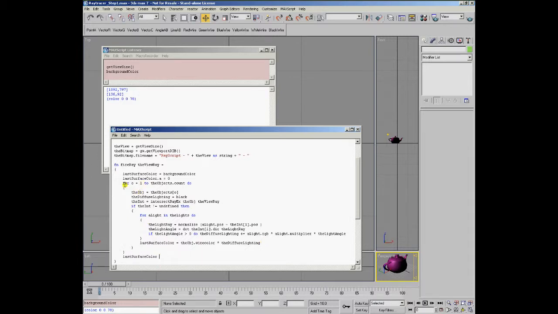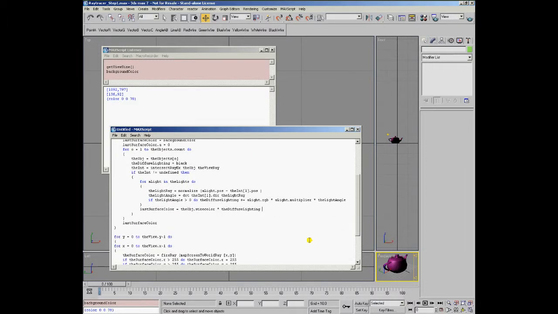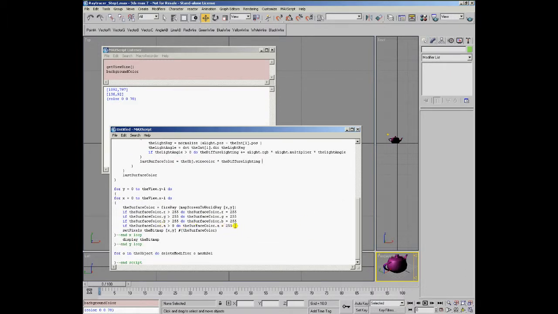If there was no intersection with any of the objects, then the surface color is going to be returned as the background color with an alpha of 0. And if any object was intersected, the illumination of all the lights will be accumulated, multiplied by the surface color using the wireframe color, and then returned as the result. The alpha is going to be slightly bigger than 0, but because of all the multiplications could be more or less than 255. In that case, it's going to be correctly set to 255 in the end, in the clamping